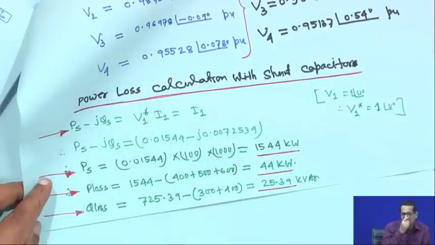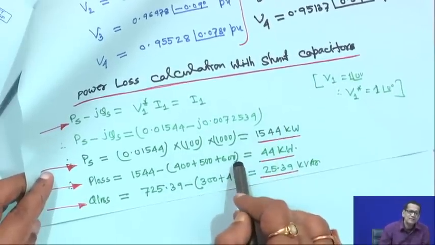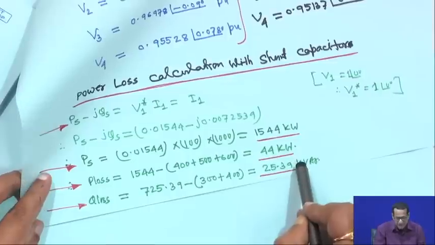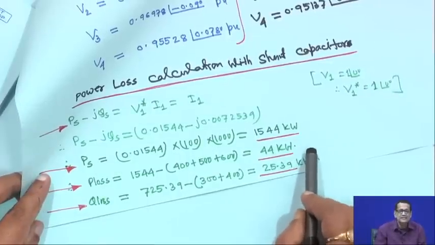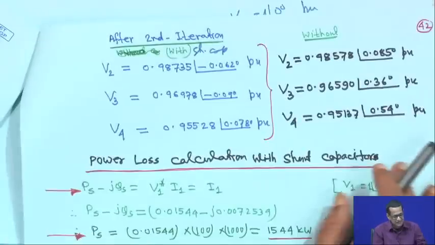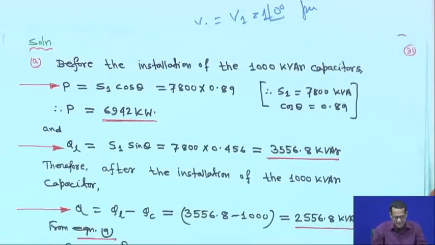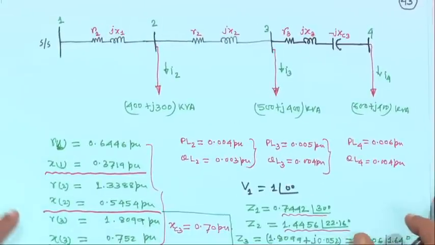And if you have a load flow program, you can easily make it, at least using the analytical method. So, this is the shunt capacitor, where the loss reduction is significant. So, this is regarding the shunt capacitor. Now, for the same example, just for the purpose of your understanding, what I will do, for the same